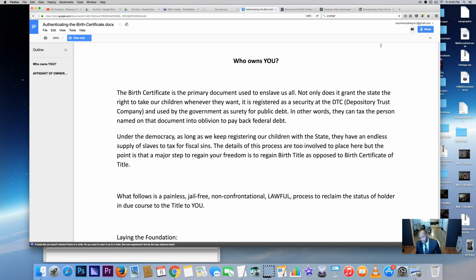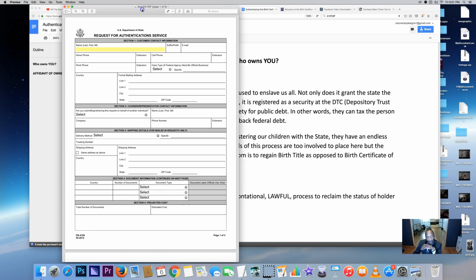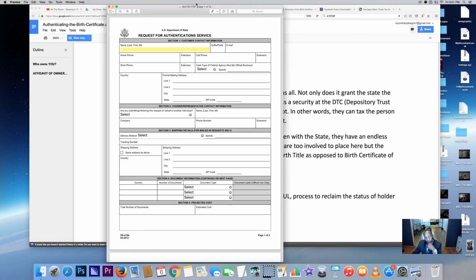Next, you have to authenticate it on the federal level. So you take that same packet, do not ever detach it, or it will be void. Now you're gonna get this form for the Department of State. You're gonna download this form. It's called the DS-4194. You're gonna download this form and fill it out as normal, your name, phone number, email if you want,